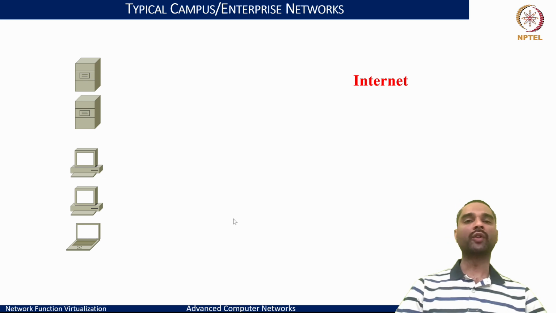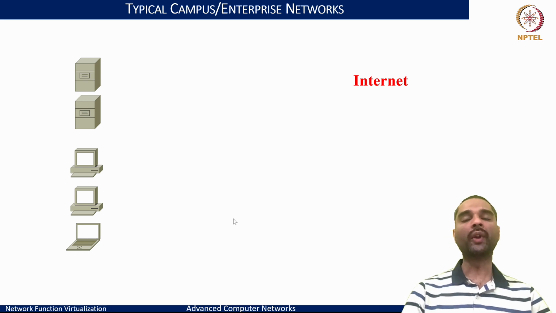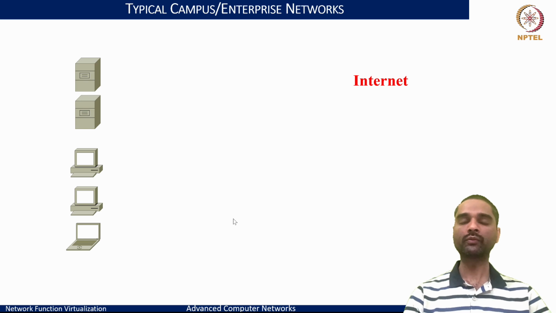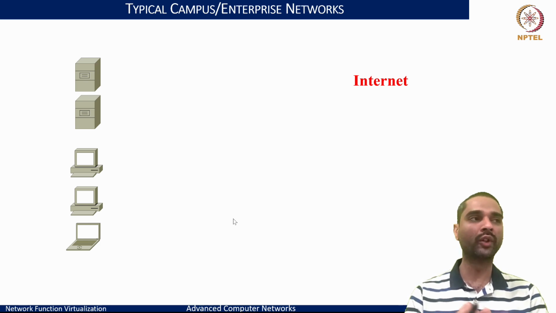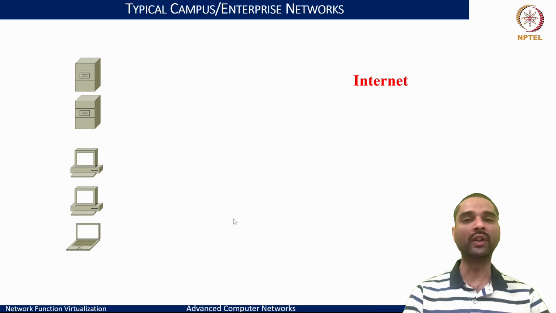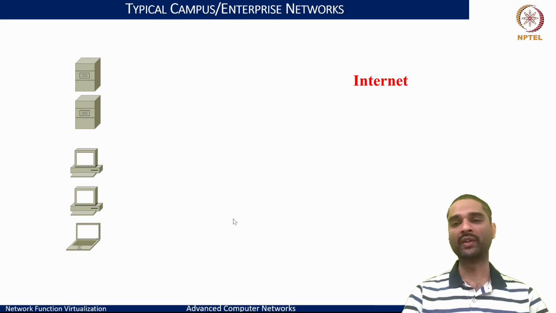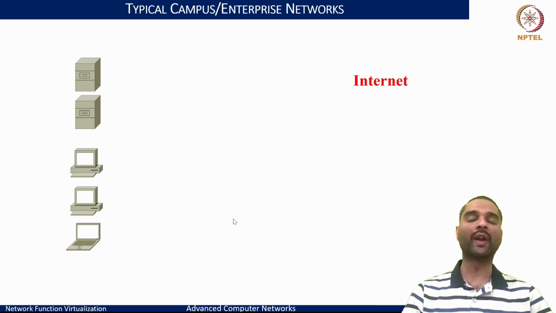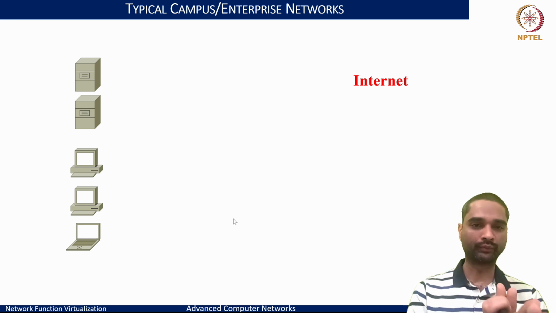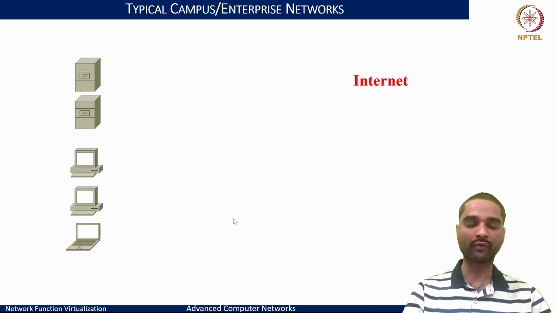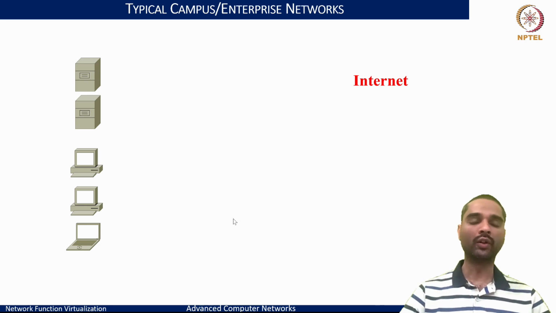So let's begin our journey trying to understand what a typical campus or enterprise network would look like, the networks that we either work on or live in. Even this is similar for our home networks, only that there will be a vendor-provided CPE element that is put in, and whoever the ISP is manages that CPE for us. But if we look at our campus or enterprise networks, if you're working in any company, what it typically looks like is, on one end, we have a bunch of local area networks where we users often try to connect to the internet.